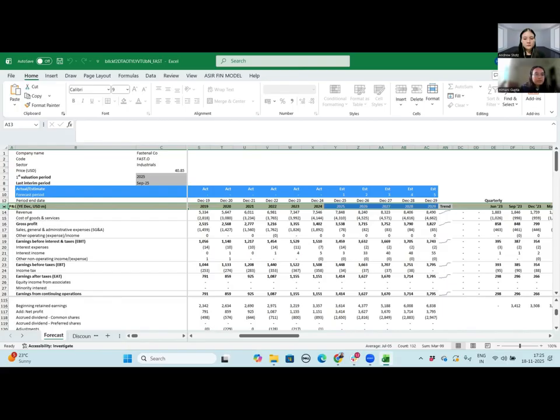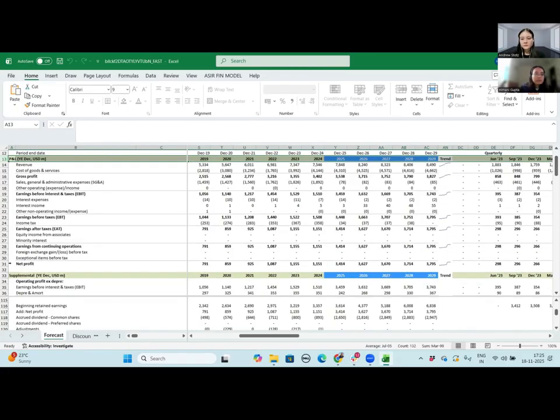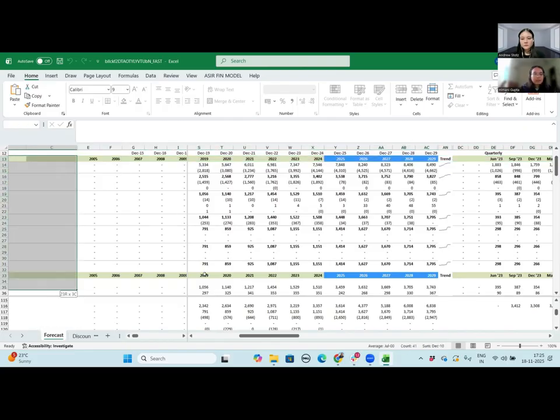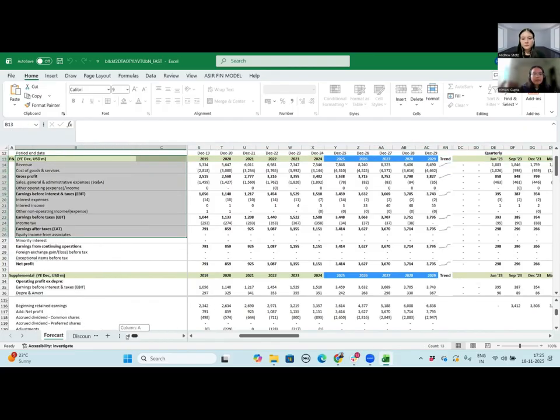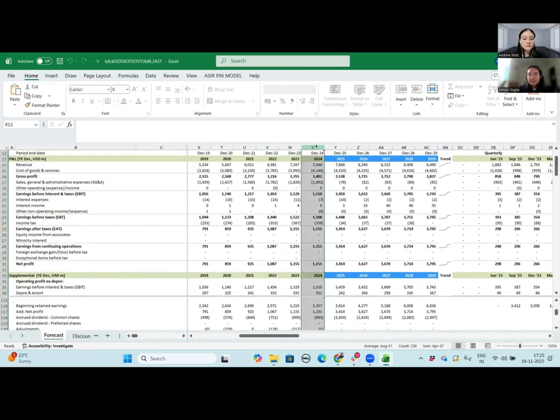So look at row number 13. From row number 13 till row number 31, it is the P&L of the company. Okay. And below it is the balance sheet and cash flow, which you do not have to worry about right now because we will cater to it in the following weeks. So this is basically the P&L of the company, and till column X, all these numbers are the actual numbers, like the historical numbers which the company achieved,